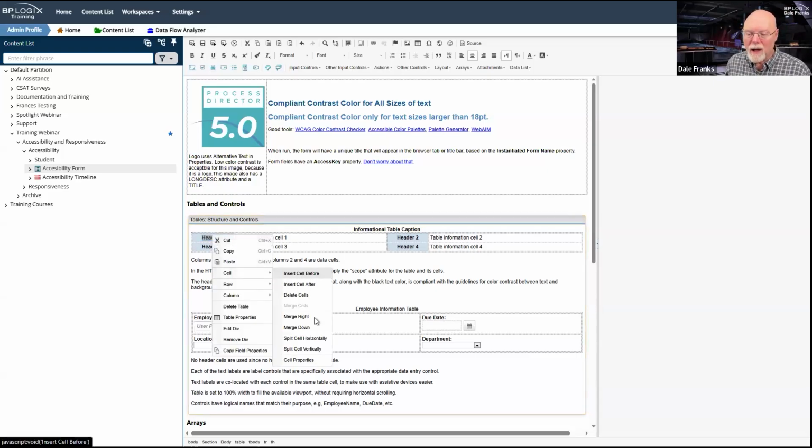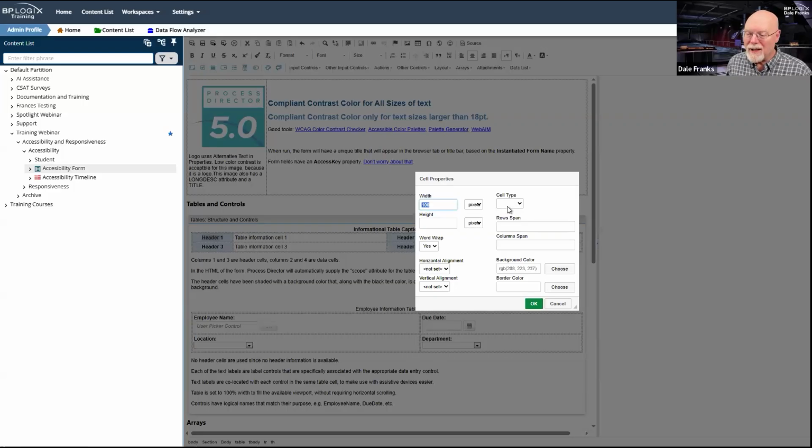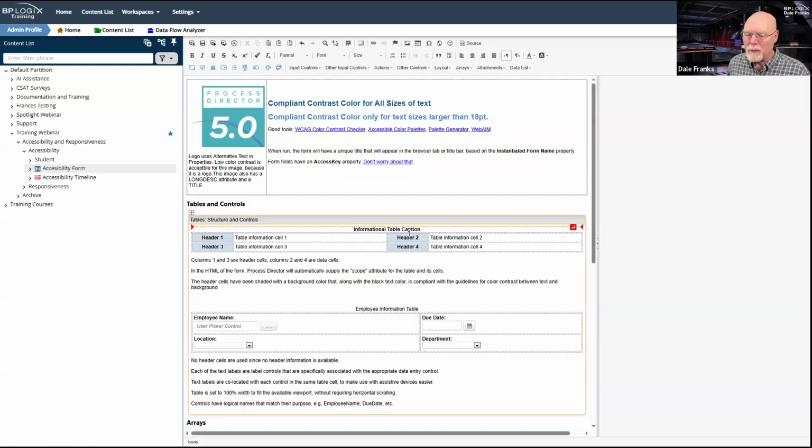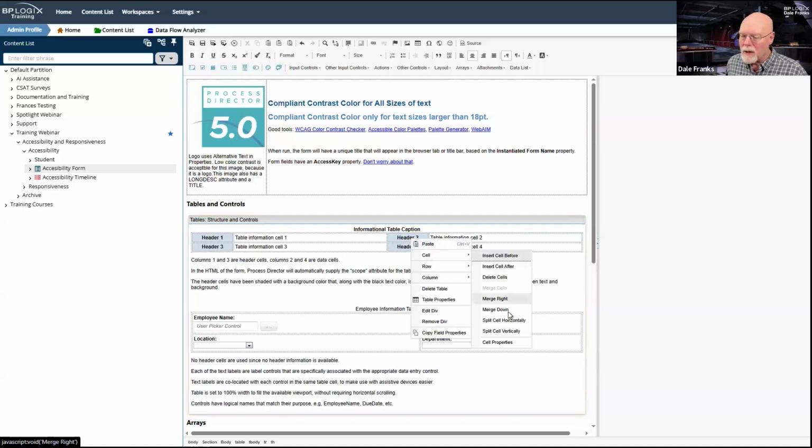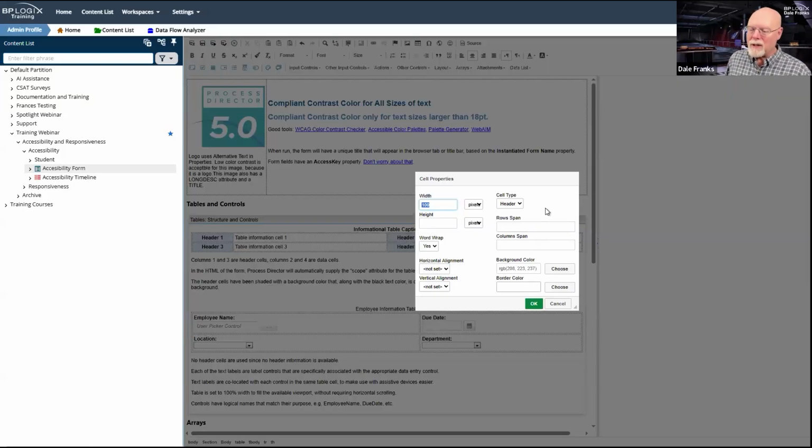So here, if I go to cell and cell properties, it doesn't actually say that it's a header cell. It doesn't have to, because that's defined in the table HTML. But when I go to this table here, or this cell here, and I go to its cell properties, I do need to set this cell type as a header cell, and I need to do this at the cell level because there is no option at the table level for saying I want the first and third columns to be header columns. Doesn't work that way.